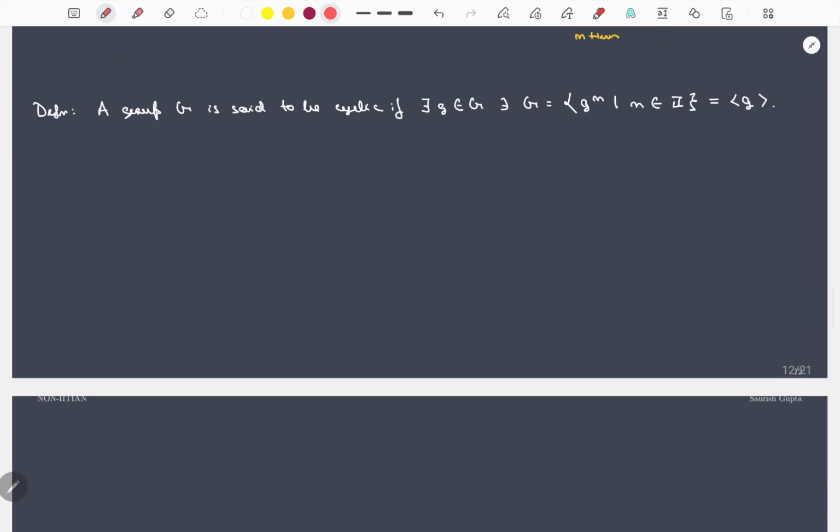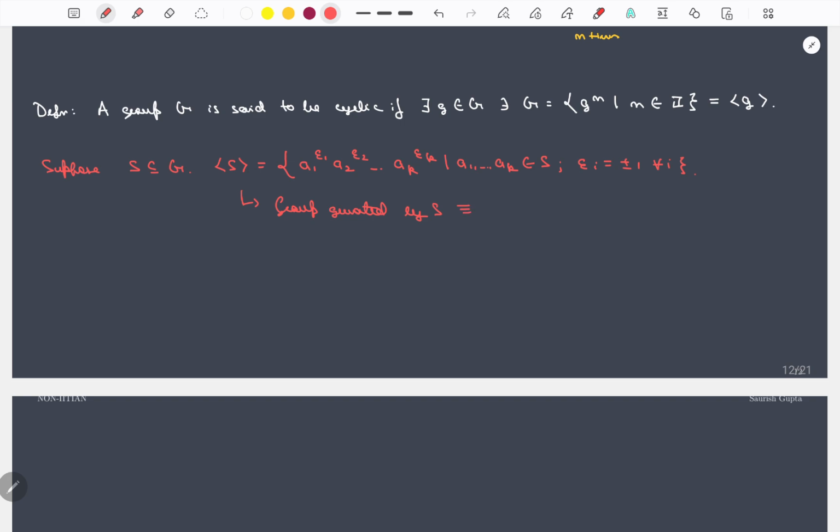So suppose S is a subset of G, G is any group, then by this particular notation, we mean all these elements: a1 to the power epsilon 1, a2 to the power epsilon 2, and so on, ak to the power epsilon k, such that a1 till ak are elements from S, and each epsilon i is plus or minus 1 for every i. So this is called the group generated by S,